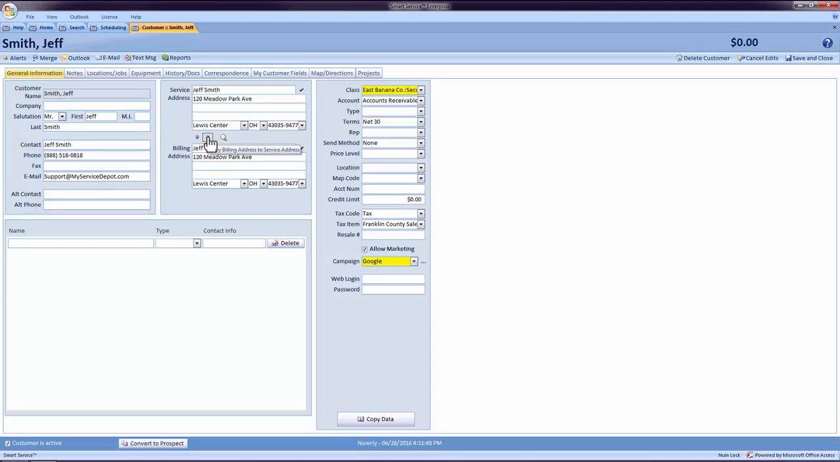And finally, if this is a customer with multiple service addresses, we'll skip the address here and instead go immediately to the Locations and Jobs tab and create a location. For this customer, let's pretend he has one property. Since his address is the same for both billing and service, I'll leave the billing and service address as they